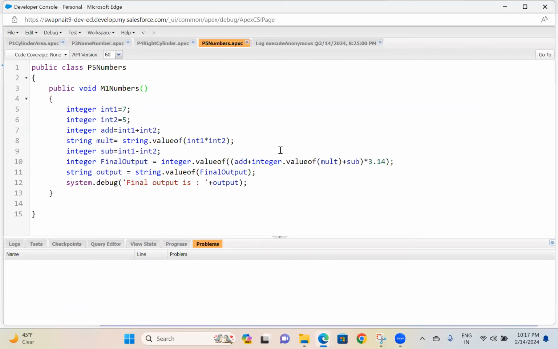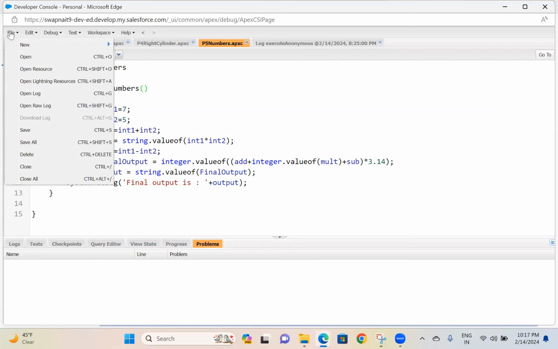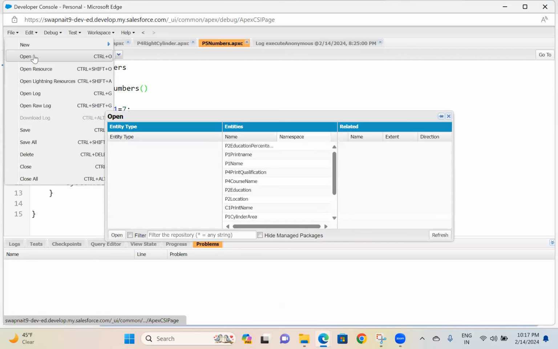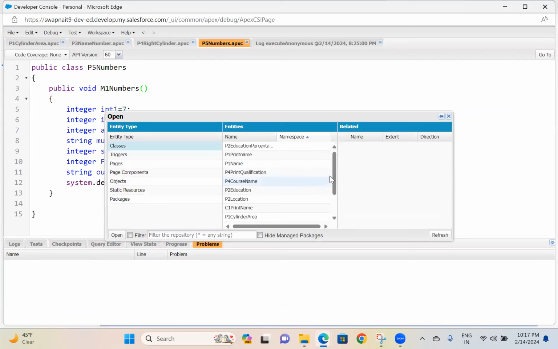Can you see my screen, ma'am? Yes, I can see. So which program do you want to see? Show me yesterday's homework list. This is from P1 to P5, the five programs for yesterday.